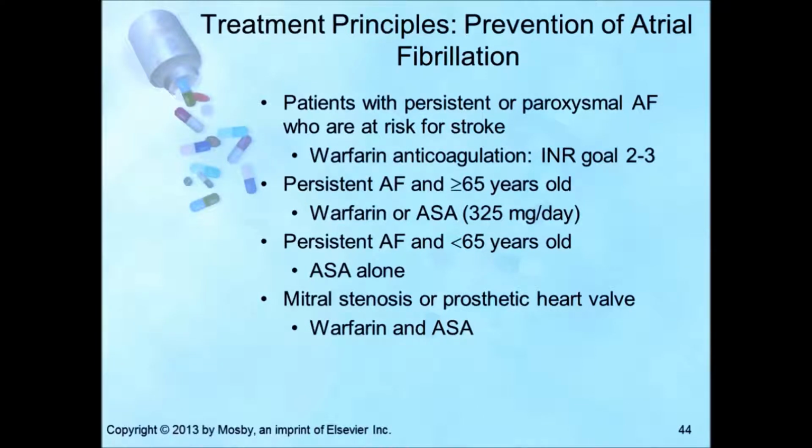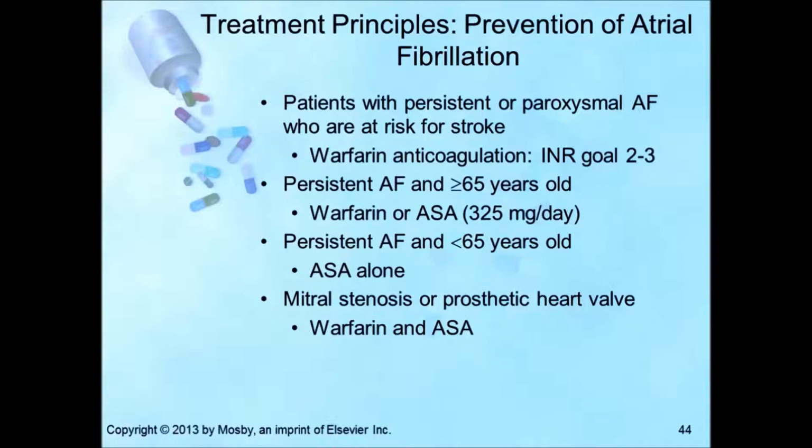Persistent and paroxysmal atrial fibrillation is a predictor of first stroke and recurrent stroke risk. Those with persistent or paroxysmal atrial fibrillation and prior ischemic stroke, TIAs, systemic embolism, or age greater than 75 years benefit from Coumadin anticoagulation at an INR goal of 2.5, the range between 2 and 3. For atrial fibrillation patients with more than one moderate risk factor, such as age of 75 years, hypertension, impaired left ventricular function, ejection fraction of 35%, or diabetes mellitus, Warfarin anticoagulation is also recommended.